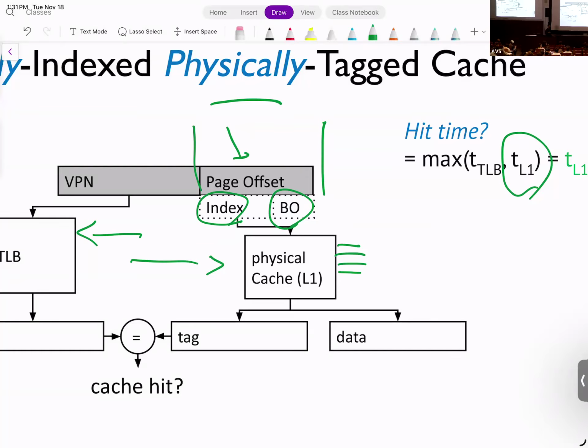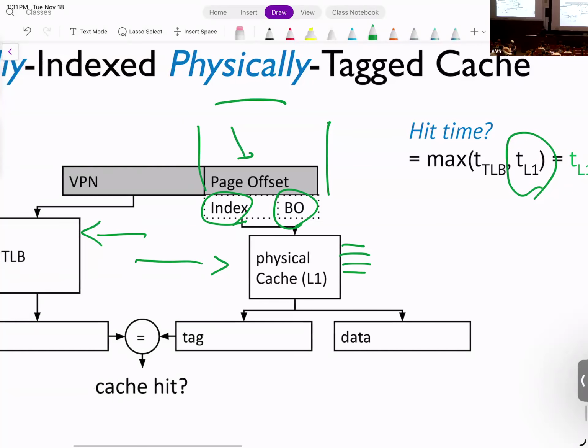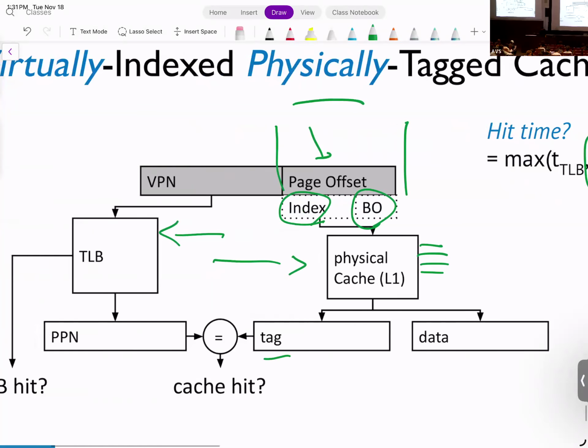You have a question? So the question is, how do we make sure that we bring in the right data? That's why we actually do the comparison between PPN and tag, right?